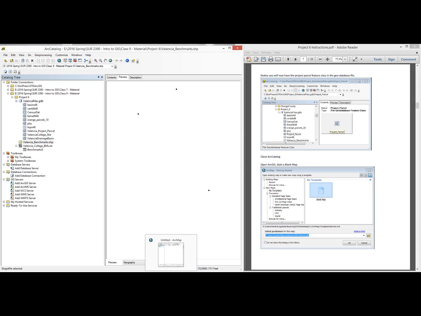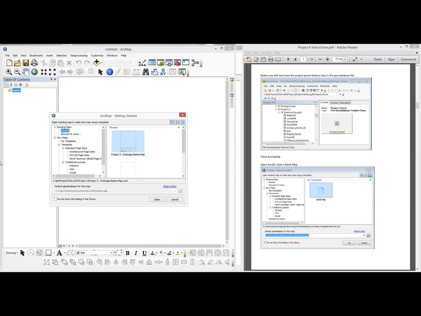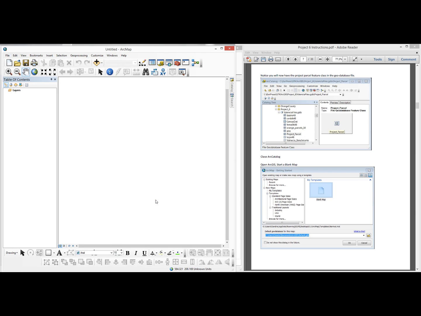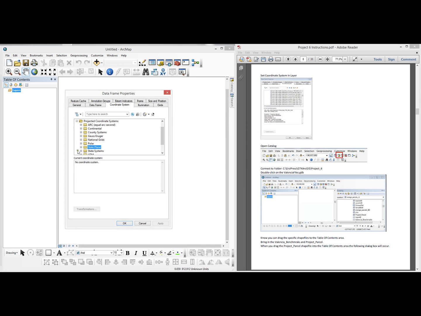Now, I'm going to start my map and open that up. While it's opening, I'm going to go to a blank map. Okay, so I'm going to go to my templates and just open up a blank map. Next, I want to go ahead and set up the coordinate system. So I'm going to go to my layers, properties, projected coordinate system, state plane, NAD 1983 HARN, not state system, state plane. NAD 1983 HARN US feet, and we're going to go to Florida